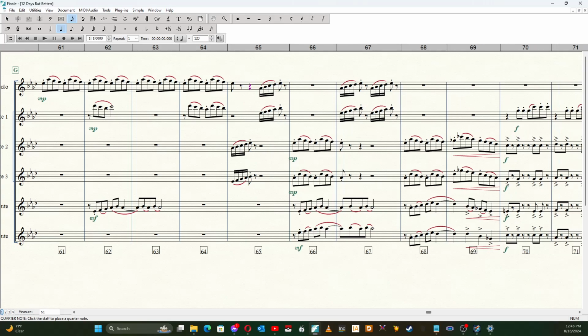Put those notes back. Something like that. And then maybe what I do here is do the reverse. So like